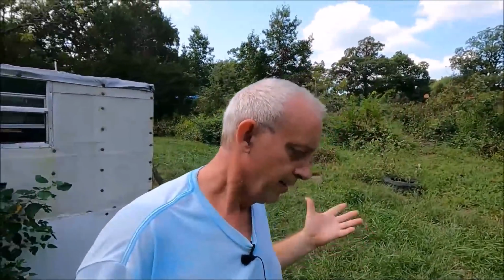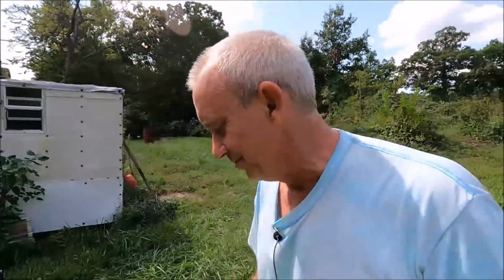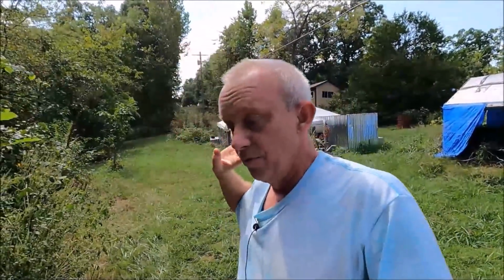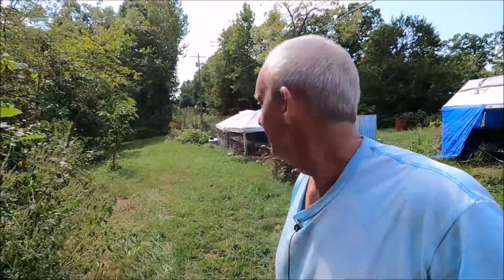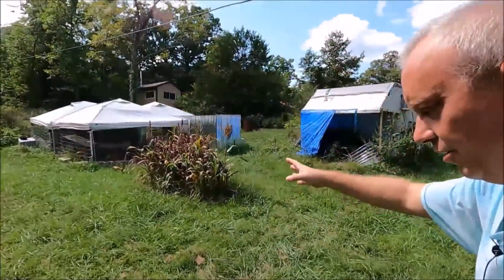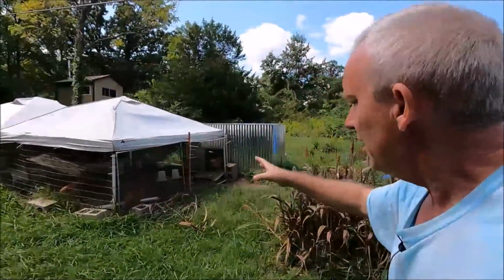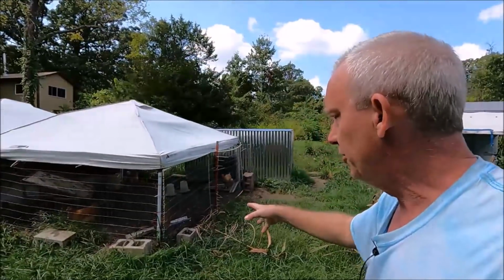Also, it's dark meat if you're not a fan of dark meat, but that doesn't matter. In a world shutdown situation, you're going to eat whatever you can eat. Here's my thinking. When I'm out of food, all my canned food, and I have nothing else to eat, I've got all these chickens right here who are going to be producing eggs,